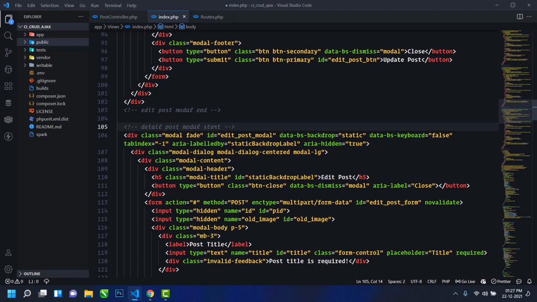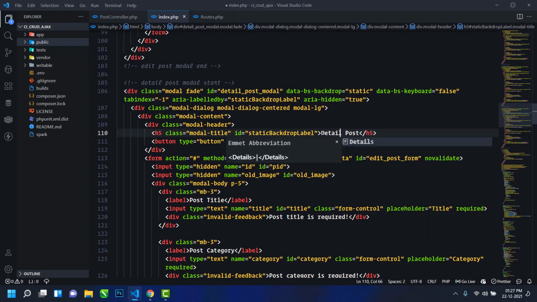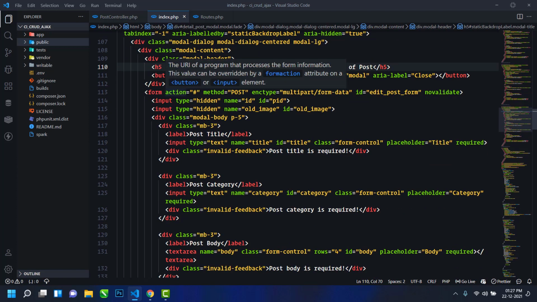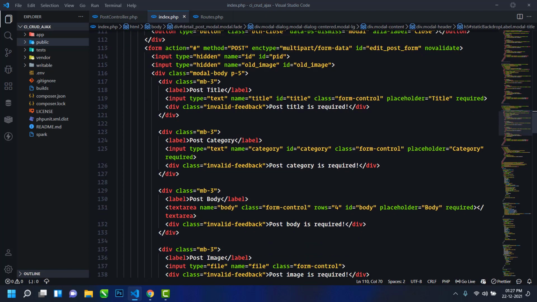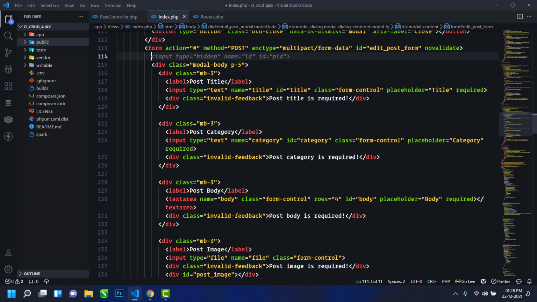Now here I will just change this edit to detail post modal, and details of post. I will not use any form here, so I will not use these input fields, so just remove this first. Then whatever is inside this modal body, just remove it.